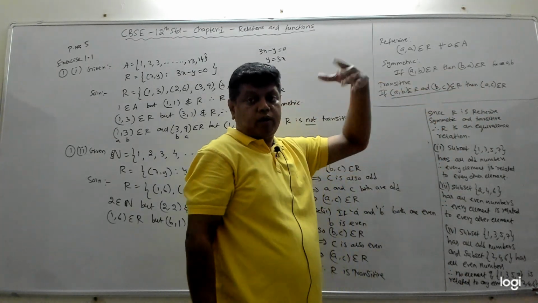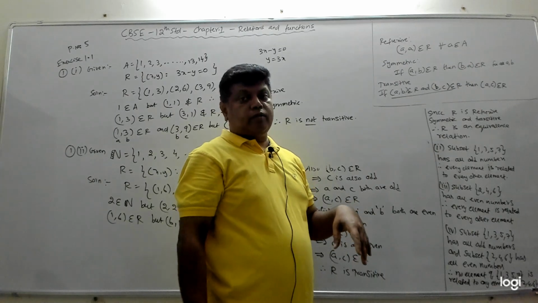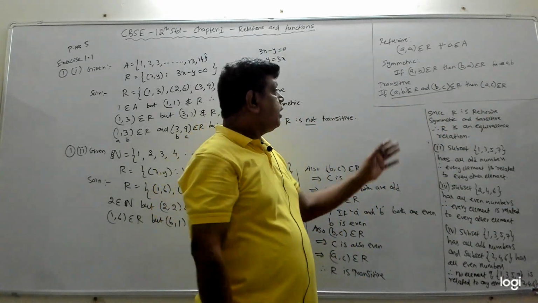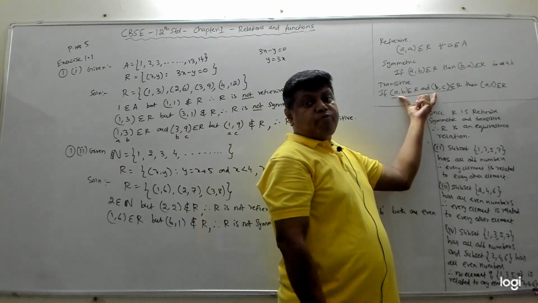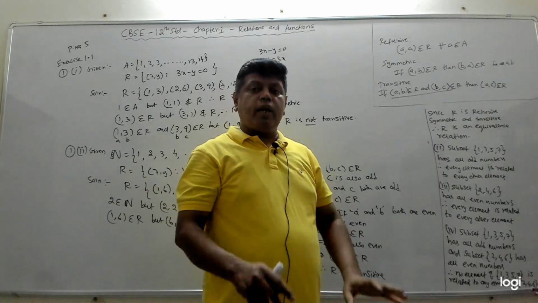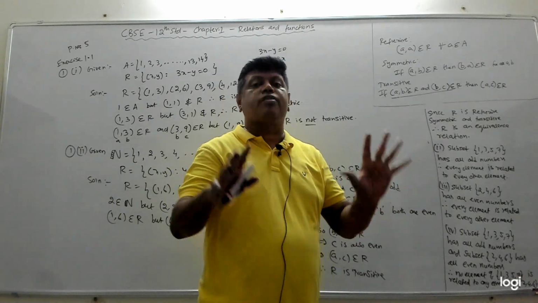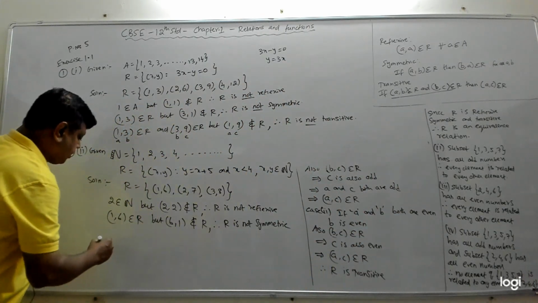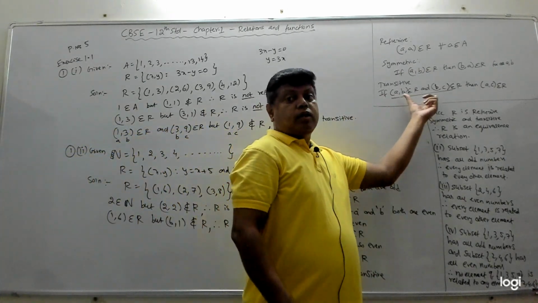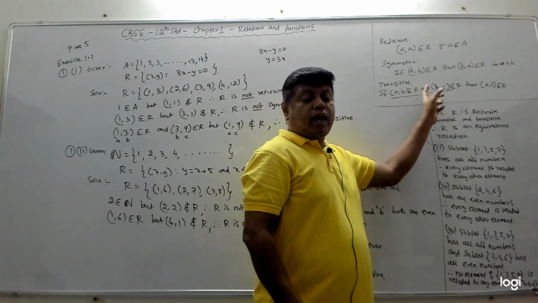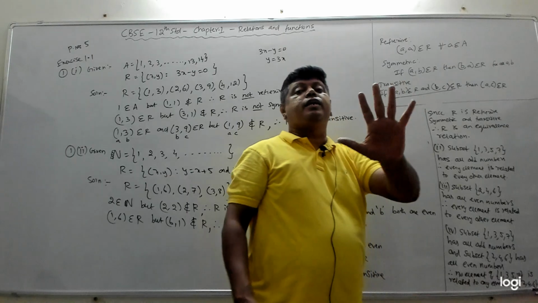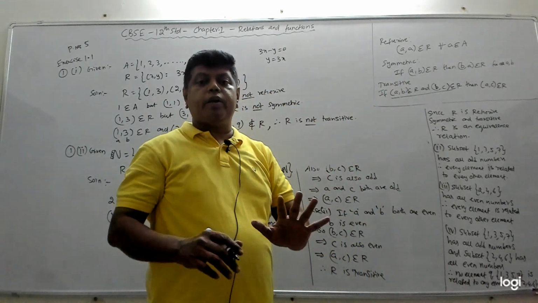You would have studied in your 11th standard on the mathematical reasoning chapter, right? If the condition itself fails, the given condition itself is not there, it means we cannot say it is not transitive. We should say that it is transitive. So we'll write the general definition and say, because we are not able to find the elements like this. If there are 2 elements like this, and then if we are not able to find A comma C, then we will say it is not transitive. If not, it is transitive.